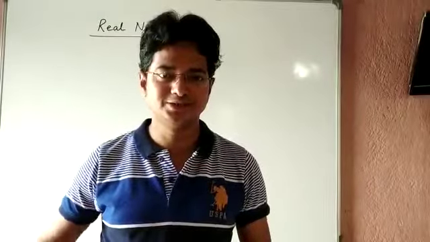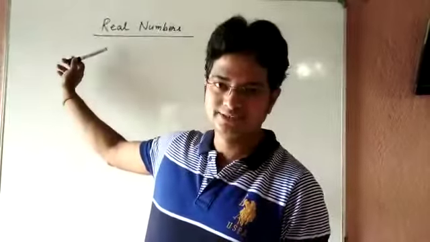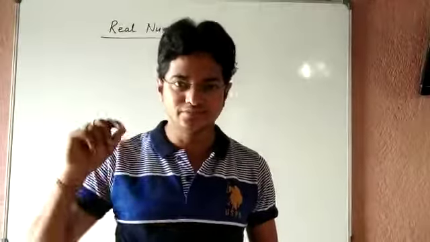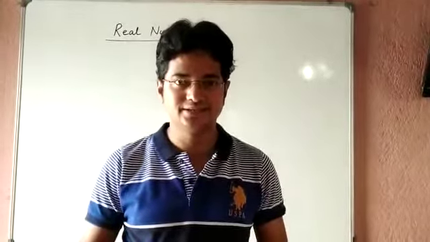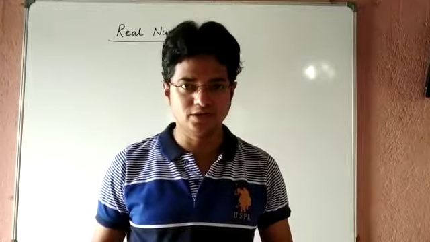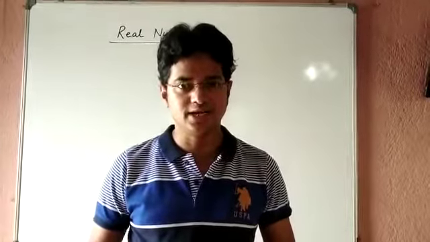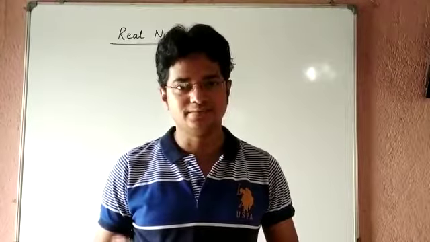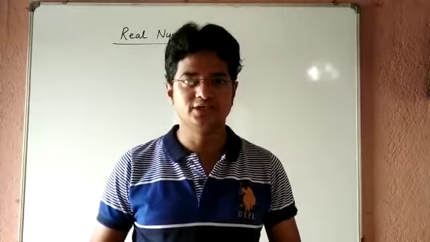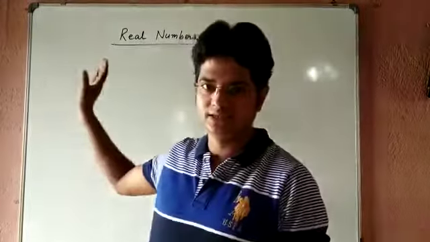Hello students, you all know about real numbers. In standard 9 you have studied. Real numbers are the numbers which have real existence. And the easiest way to find out whether a number is real or not, you can square the number, and if the result is positive, that number is said to be real. Till date, the different types of numbers that you have studied, everything you have studied under real numbers.